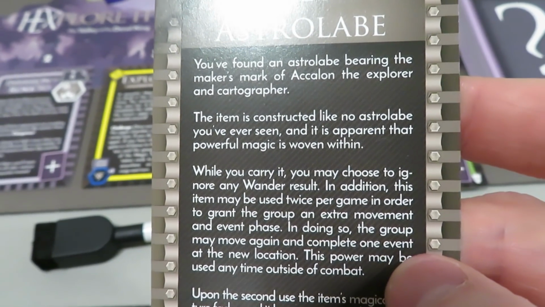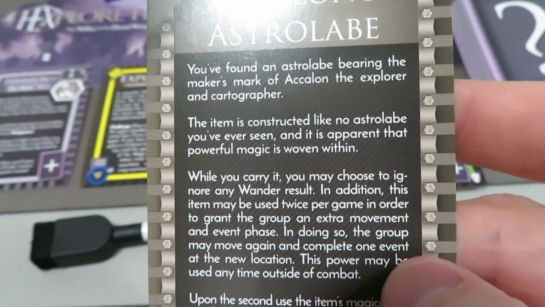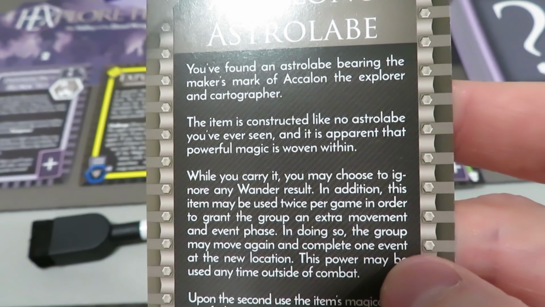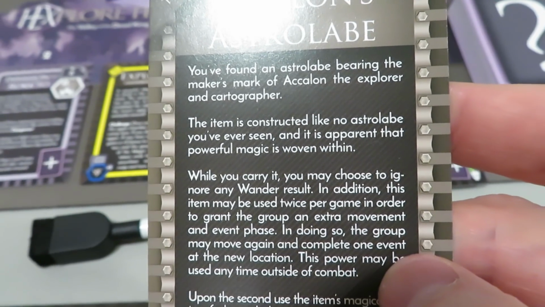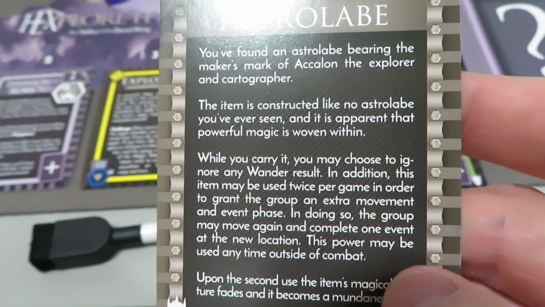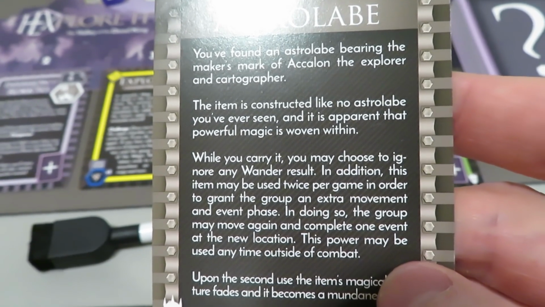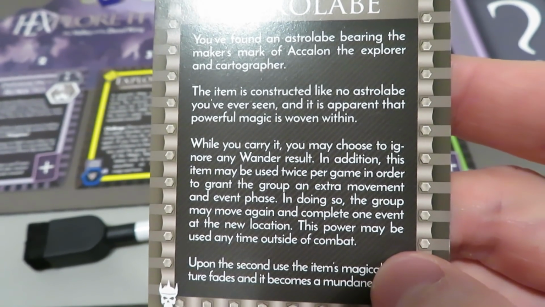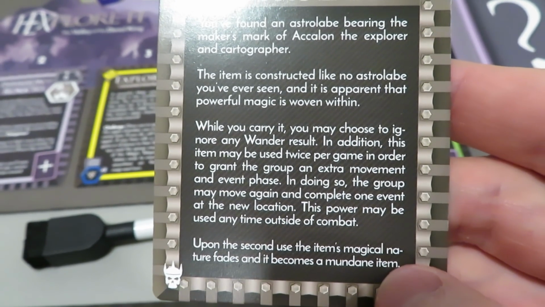While you carry it, you may choose to ignore any wander result. That's really good. In addition, this item may be used twice per game in order to grant the group an extra movement and event phase. Ooh, that's pretty good too. In doing so, the group may move again and complete one event at the new location. This power may be used anytime outside of combat. Upon the second use, the item's magical nature fades and has become...